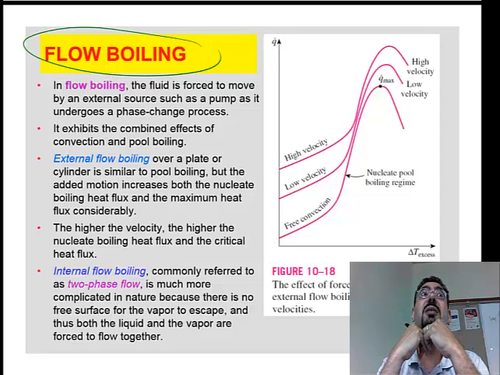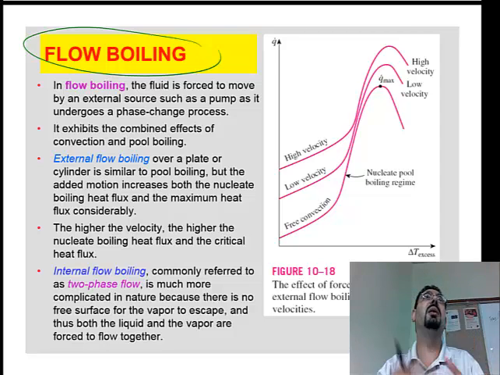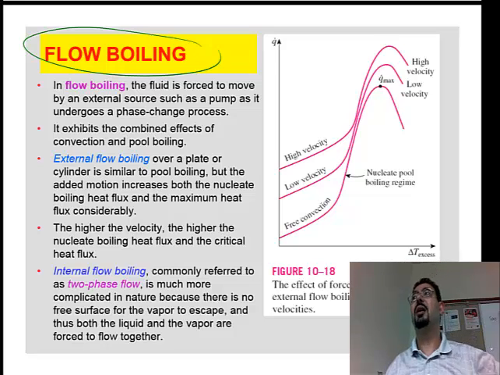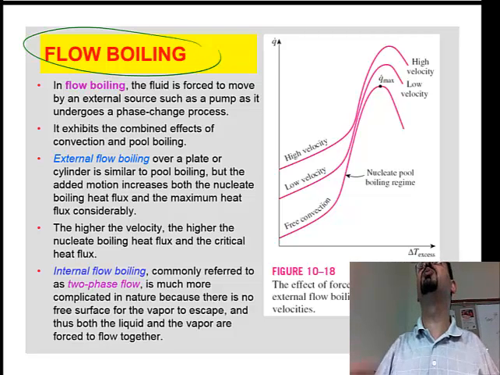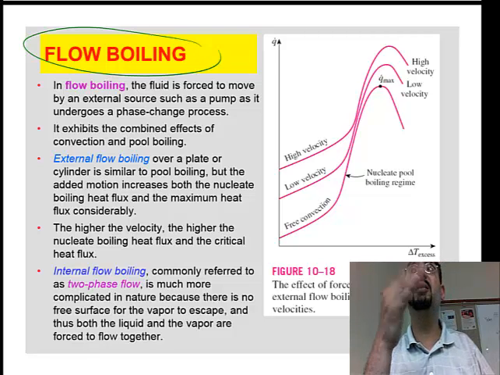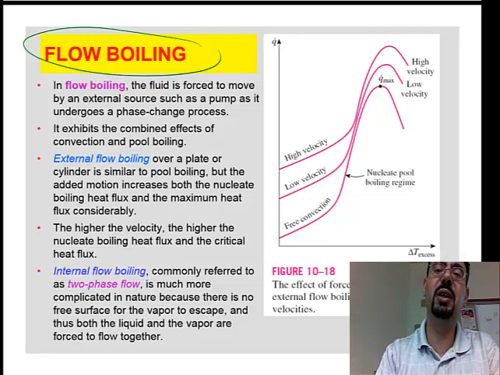I think it's because it moves the bubbles also quicker. The bubbles don't have to wait enough time until they build up and get out. The point the bubble gets created, it replaces the bubble with more liquid. I think the mechanism of removing the bubble gets much stronger. But also the fact that you can create turbulence, that's for sure, because new water is